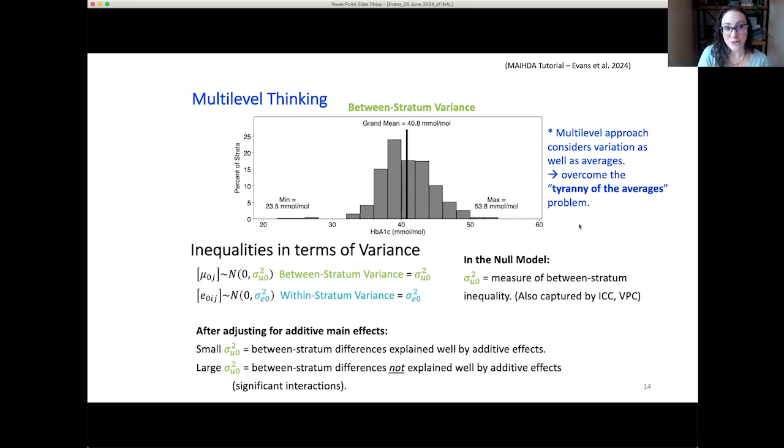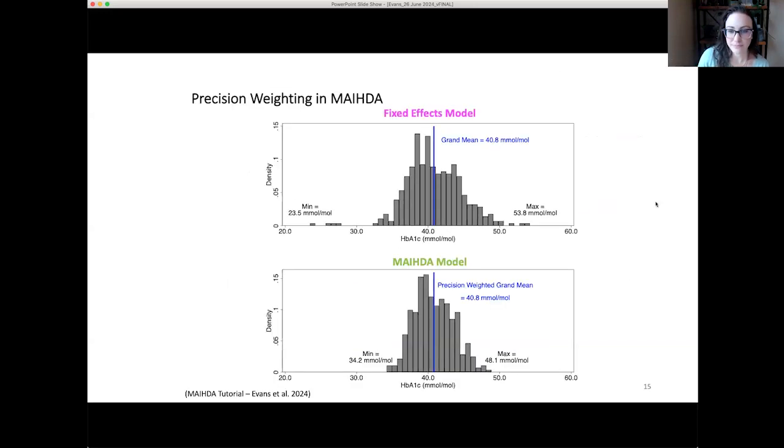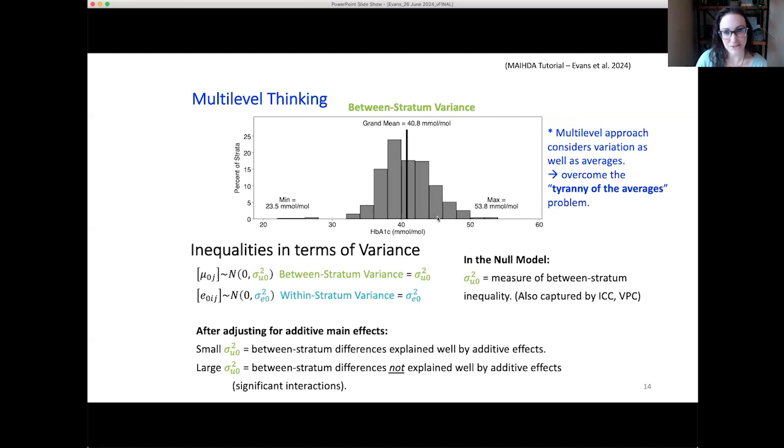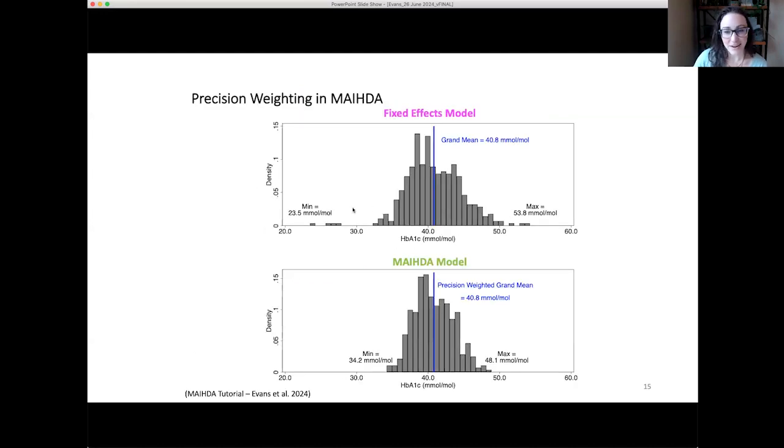So when I said originally, I think we can do a better job of describing inequalities, we're getting away again from just averages and average differences to thinking about lots of different kinds of variation patterns. So I did a little hand wave magic trick a moment ago. I don't know if you saw this, but to my shame, I couldn't think of a better way to do it. So here I've got my fixed effects model and I've got my grand mean, my average of averages. I was actually showing you that on the previous slide.